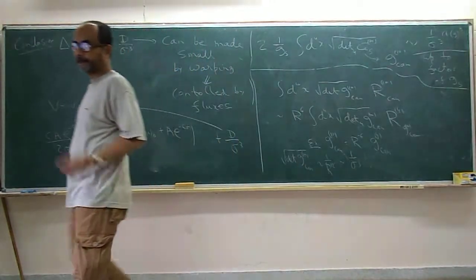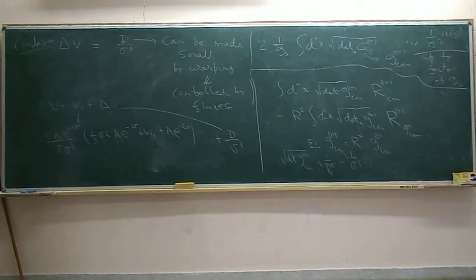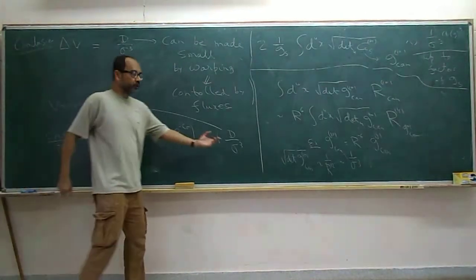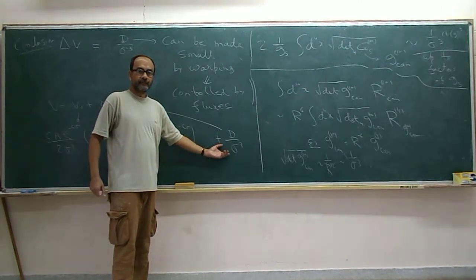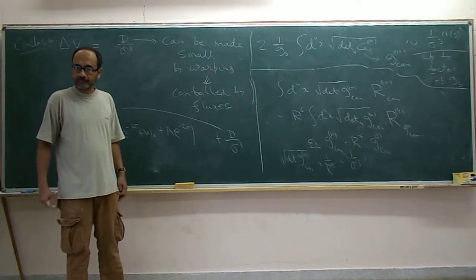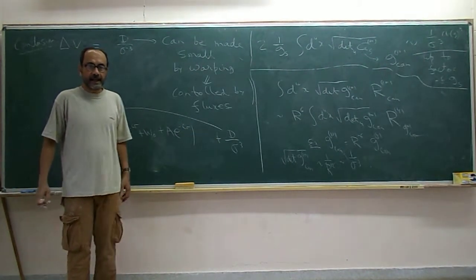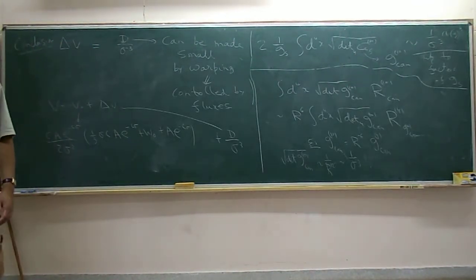Is this clear? Okay. Again, it's a discrete parameter, because the fluxes can be only changed by discrete amounts. And you don't want to make D too small, because D has some purpose. So what is the purpose of D? This gives a positive contribution to the potential. So the idea is now that we have to re-extremize this combined thing and ensure that at the minimum the value of the potential is positive. And that's what gives the de Sitter